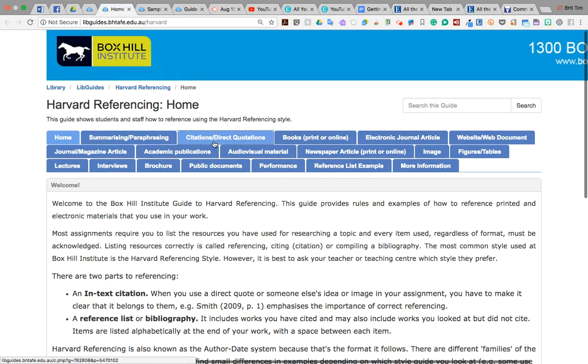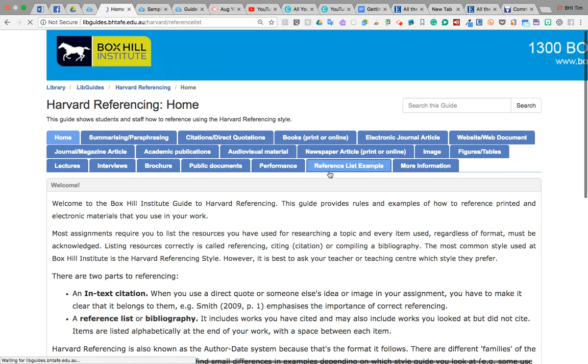Now you can go into those, and what it will show you is how to reference all the different types of materials that you'll go into. Most popular are obviously books, websites, and electronic journal articles, and academic publications. Those are obviously the four most obvious things that you will use, but there's also stuff here like if you're going to use YouTube, or if you're going to use government documents.